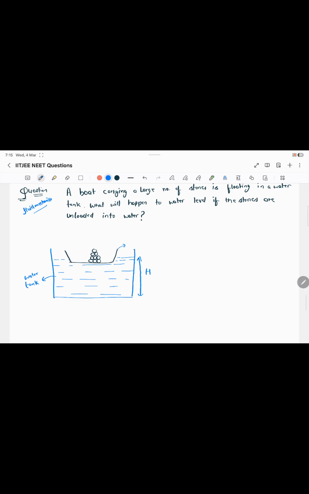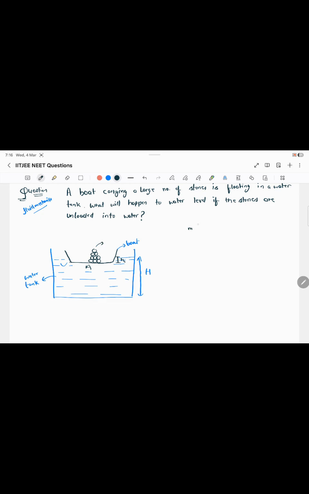You can see there is a boat and there are stones kept on the boat and it is floating over water. What will happen if all these stones are thrown into this water? What will happen to this water level? Initially you can take the water level as some small h. Because nothing is given in the question, we can consider the base area of the boat as A, h is the height,